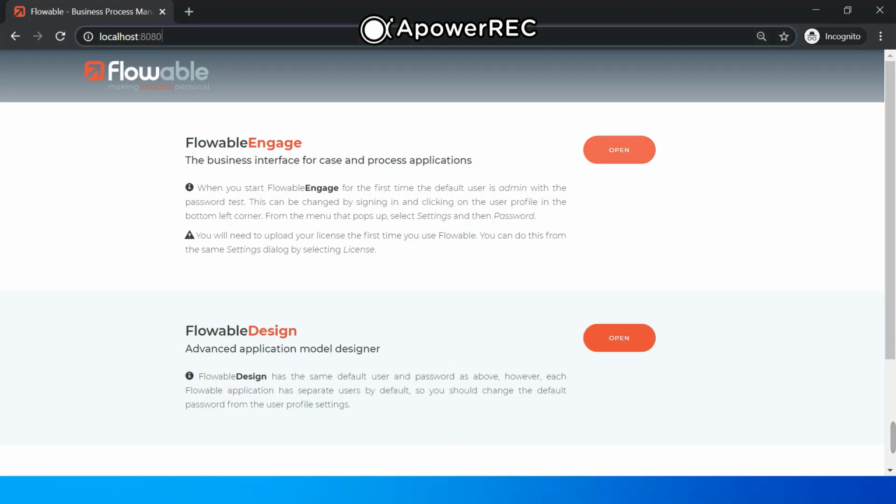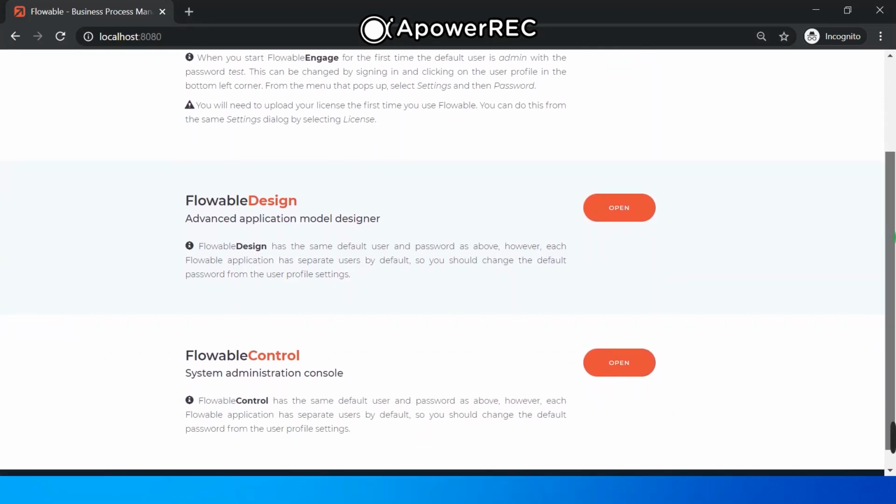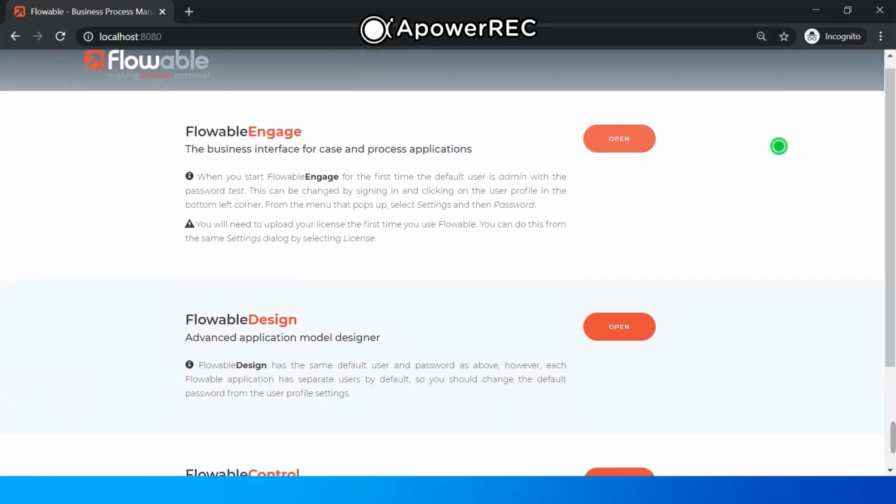So this is the URL. Here you can see all the core components, right? Flowable Engage, Design and Flowable Control are listed, and you can access these components one by one. If you want to access Flowable Engage, you need to click on this Open button.